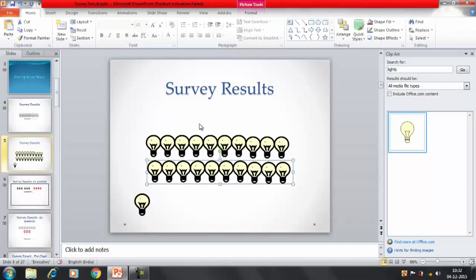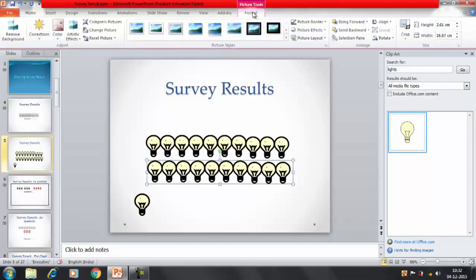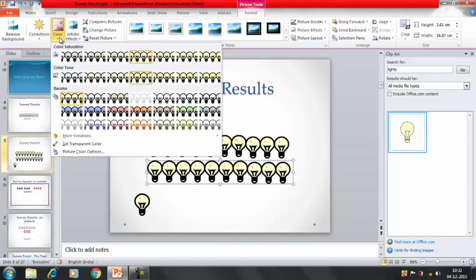Now I'll apply a picture effect on this particular picture. Click on format, and here I have the color option. I can change the color this way, like we have got the white color now. You can see that it's not showing in yellow, but in white. All the bulbs are in white.